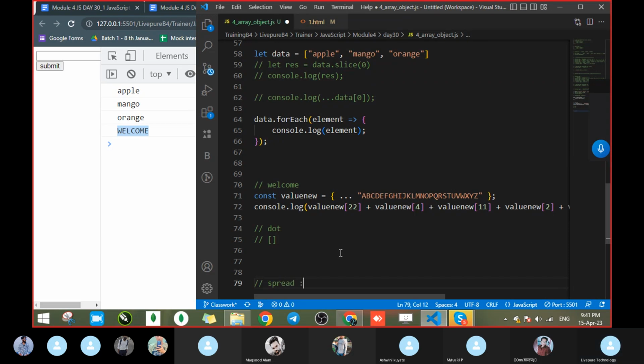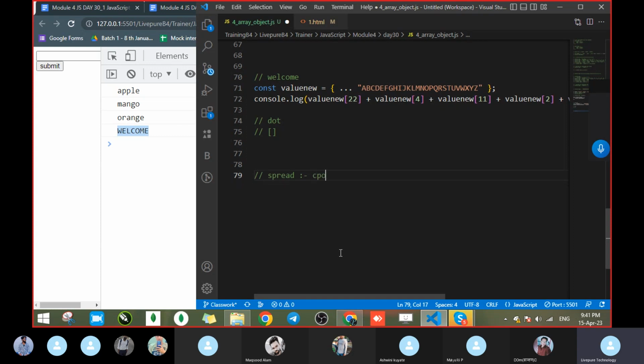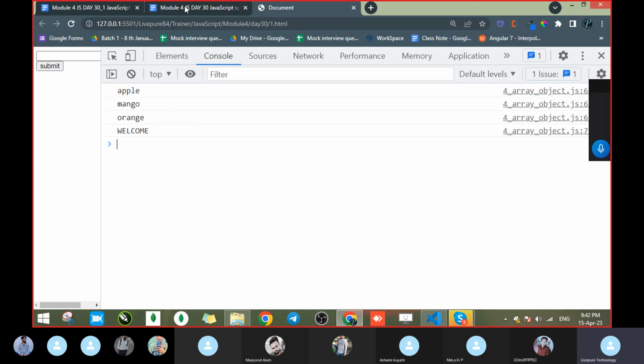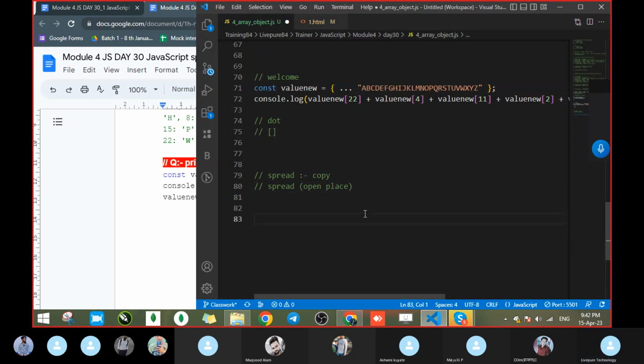क्या समझ में आया? किया कुछ नहीं, इसने डेटा को लिया, कॉपी किया, करेक्ट। सेकंड क्या कर रहा है, डेटा को स्प्रेड करने में यूज कर रहे हैं हम। स्प्रेड इन द सेंस डेटा को ओपन किया और प्लेस कर दिया, यही हो रहा है ना कुछ, या कुछ और हुआ? इतना अगर आपको स्प्रेड ऑपरेटर समझ में आ गया है तो ये एनफ है, इसे ज़्यादा का ज़रूरत नहीं है। लेकिन हाँ, जब रियल टाइम पे कीजिएगा तो आपको पता चलेगा कि क्या है। तो स्प्रेड ऑपरेटर का मतलब एक ही चीज़ है, ट्रिपल डॉट, बस।